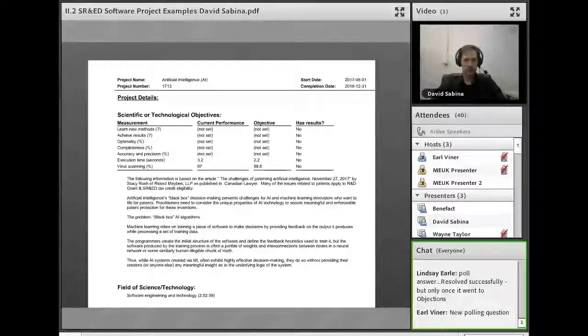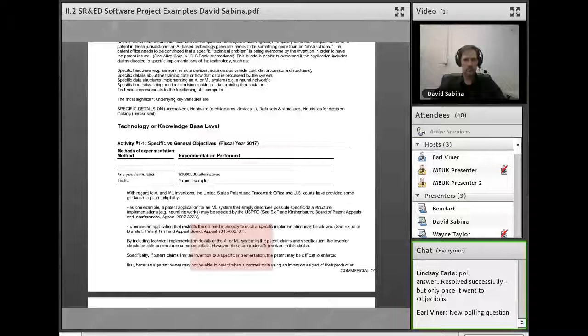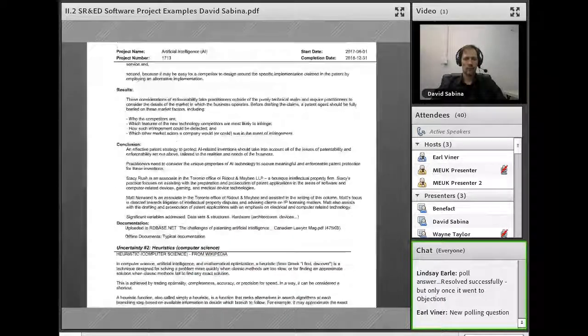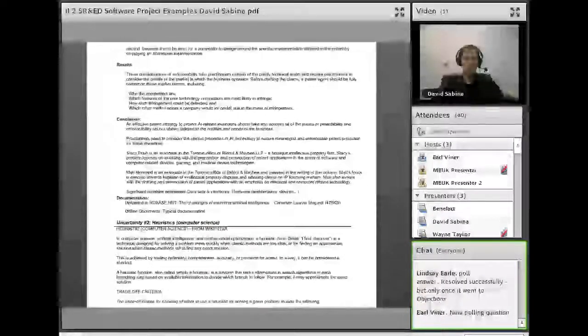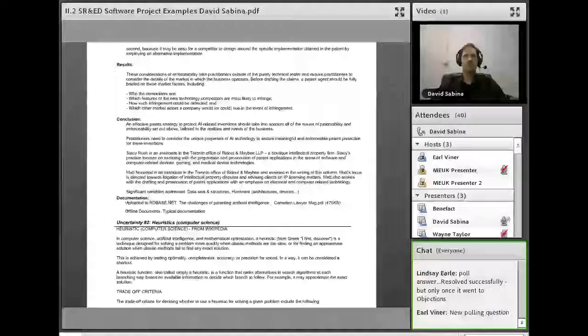One of the founding things that's really interesting is that Wikipedia provided a good breakdown of heuristics. So the real thing that I think is going to determine whether AI is in is really the design of what they call the heuristics. Heuristics is really a Greek term meaning a technique for solving a problem more quickly when classical methods are too slow, or for finding an approximate solution when it's impossible to find an exact solution. And that's effectively what AI is doing. It's trying various solutions until it finds the best one so far.